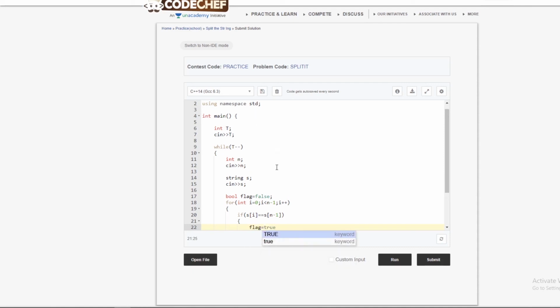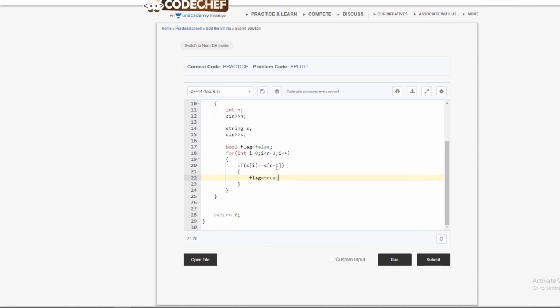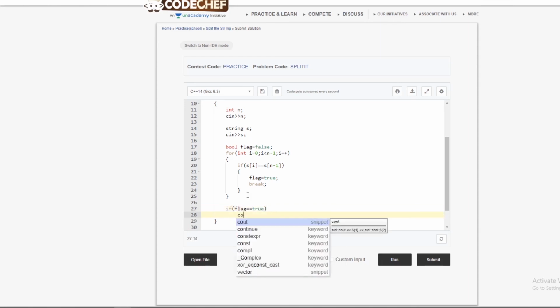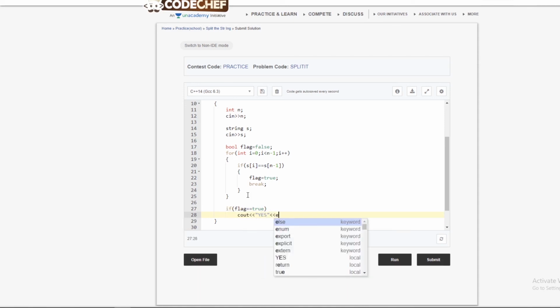And if we found the successful pair, we can break the loop directly. And at last we will check if the flag is true, then we are going to print yes. Otherwise we will print no.